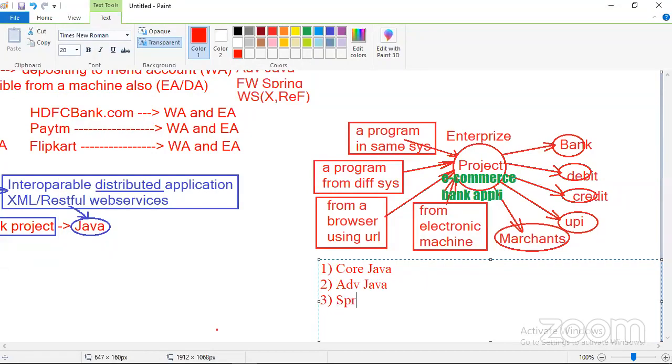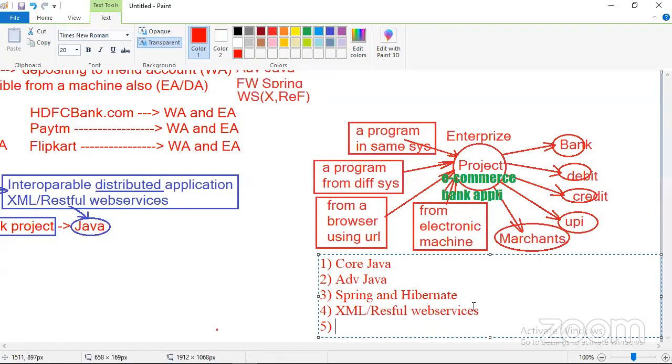It uses frameworks, Spring and Hibernate. Compulsory, it uses XML or RESTful web services. Because if Flipkart wants to talk to a bank account, web services are the mediator. Web services, XML. These are the main language concepts, these are the middleware.